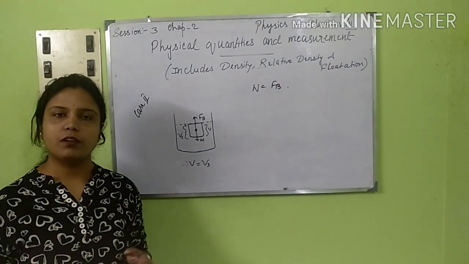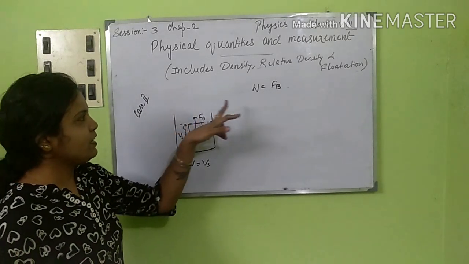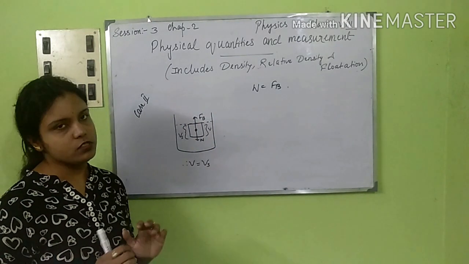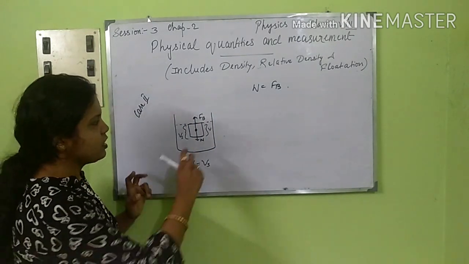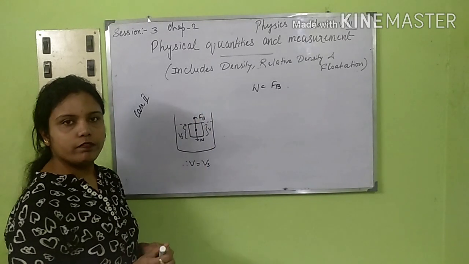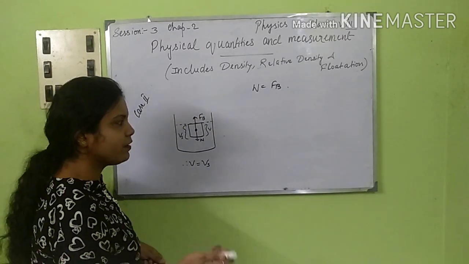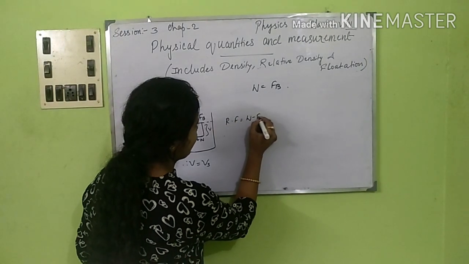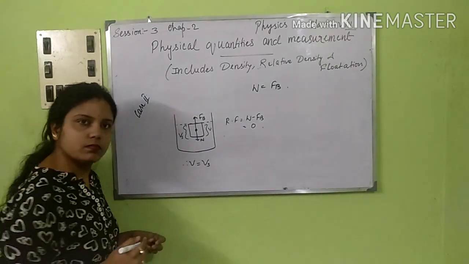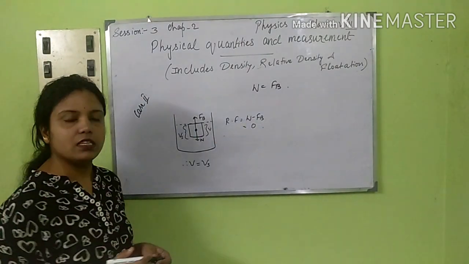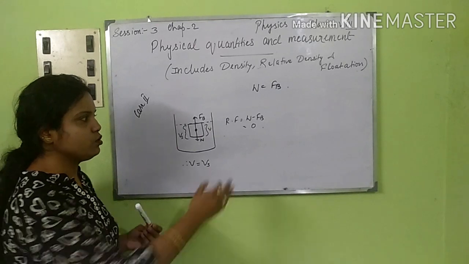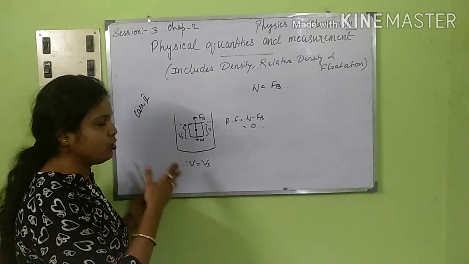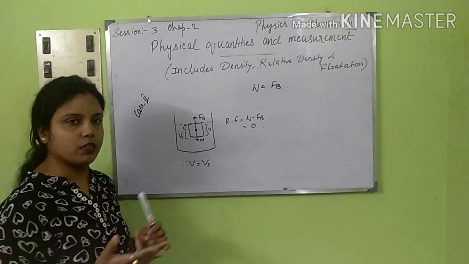Next, case 2. Now coming to the second case, that is when W is equal to FB, that is the weight of the body is equal to the buoyant force or the upthrust. Now in this case, the weight and the buoyant force, both are equal, so the resultant force RF becomes W minus FB, that is equal to 0. Because both of these are same, the quantity is same, so obviously the resultant force becomes 0. And the apparent weight of the body also becomes 0.